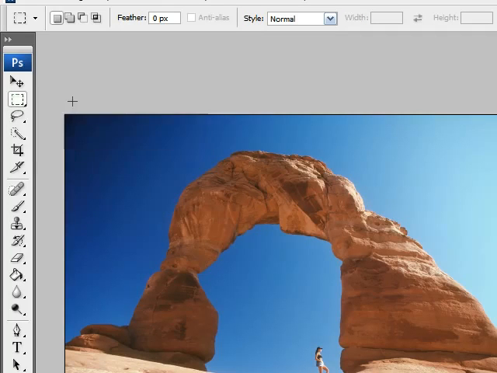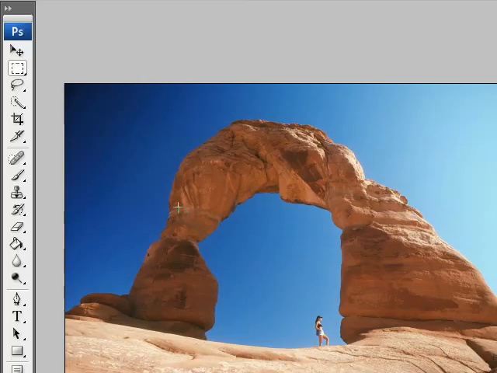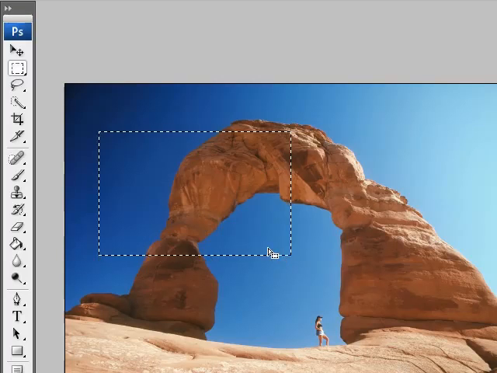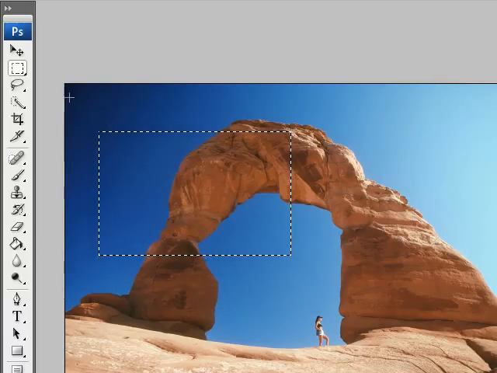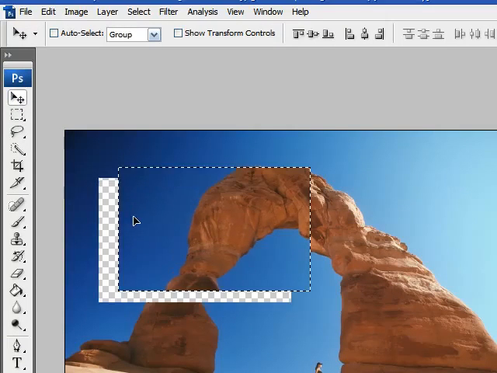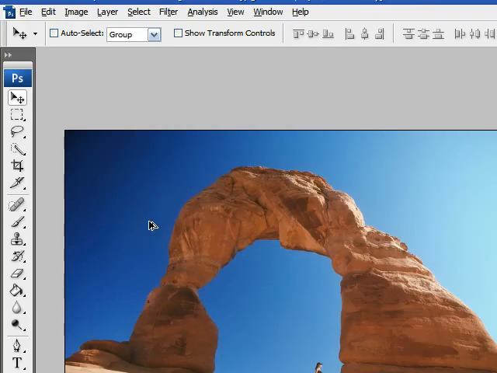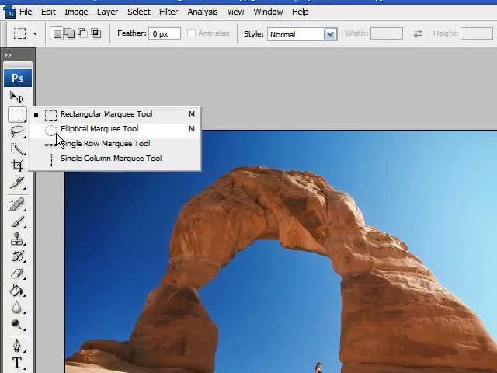On your image you can click and drag, and you now have a piece of your image selected. And there's a lot of different things you can do. You can paint inside this piece, or you can pick it up and move. And the elliptical marquee does the same exact thing, except